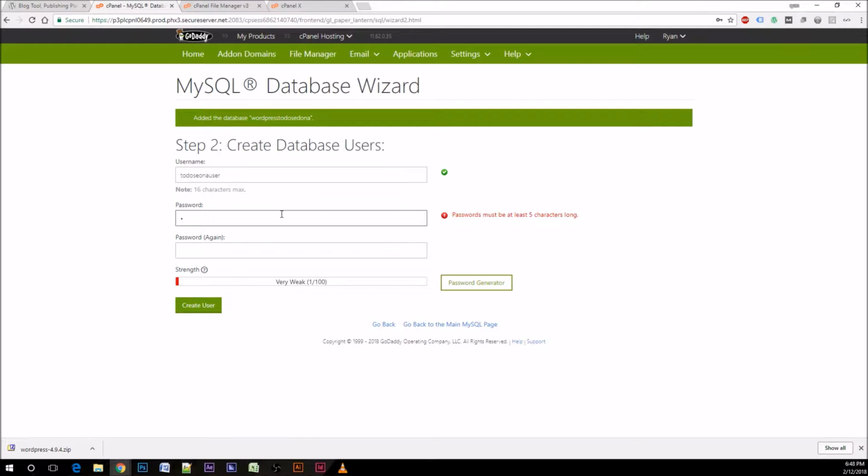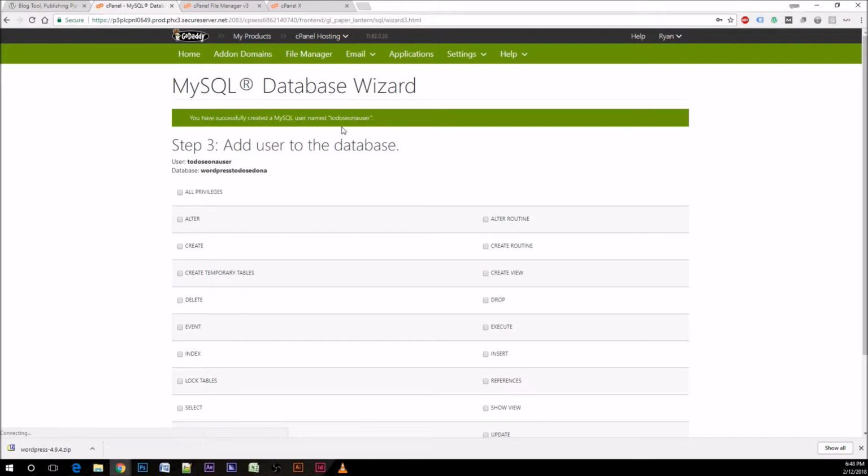It's going to be pound 1 2 3 4 5 6, and then let's do capital A, and we need it again, so we'll do pound 1 2 3 4 5 6 capital A. And I suggest that you actually maybe use the password generator or something a little stronger than what I'm using here, but this is a training site, and I'll be adding some stuff to it, and it'll most likely get deleted very shortly. And let's go ahead and create our user, and then next we're going to apply the permissions,